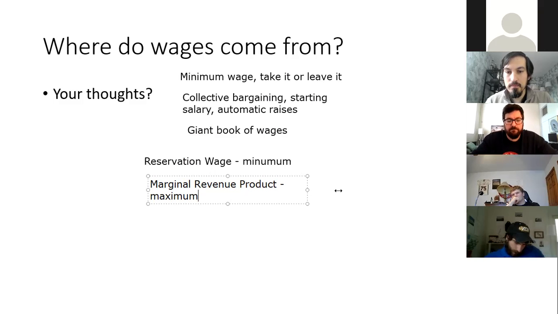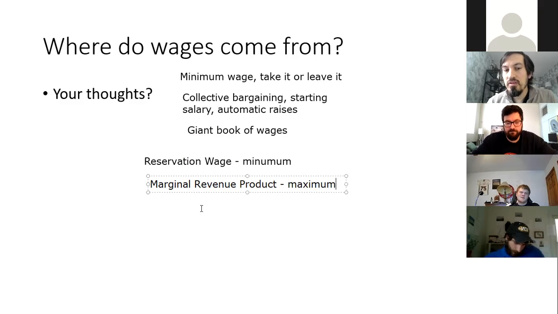That's the maximum. Okay, so even in all three of these cases, there was this dance going on: you're not even going to accept an employment contract unless the wage is above or equal to the reservation wage, and below or equal to the marginal revenue product, which is defined as the most they'd be willing to pay, the exact amount of money that you bring in on the margin. Having one more person there, which is you, helps them by how much? Marginal revenue product.